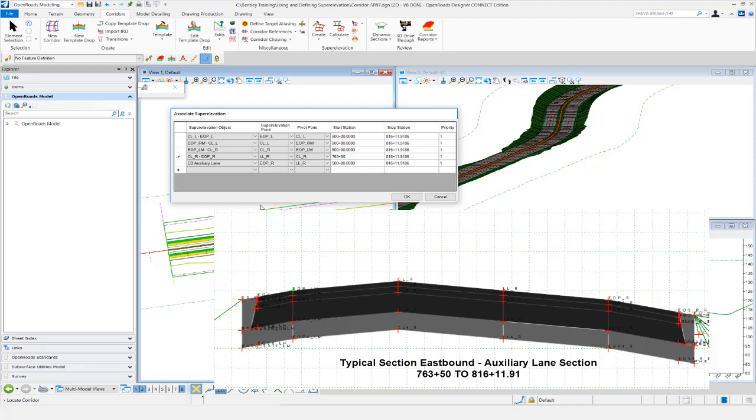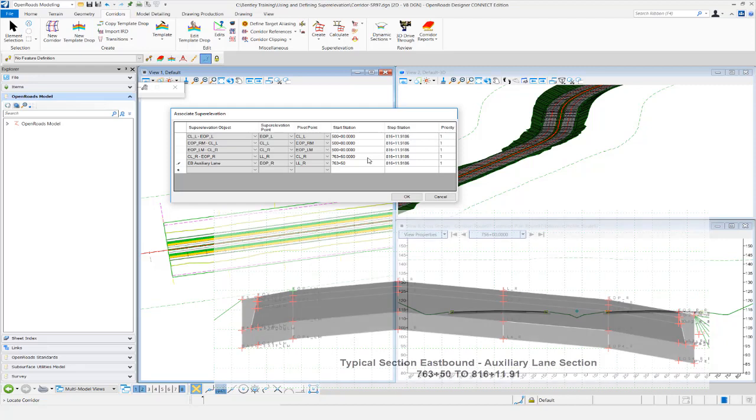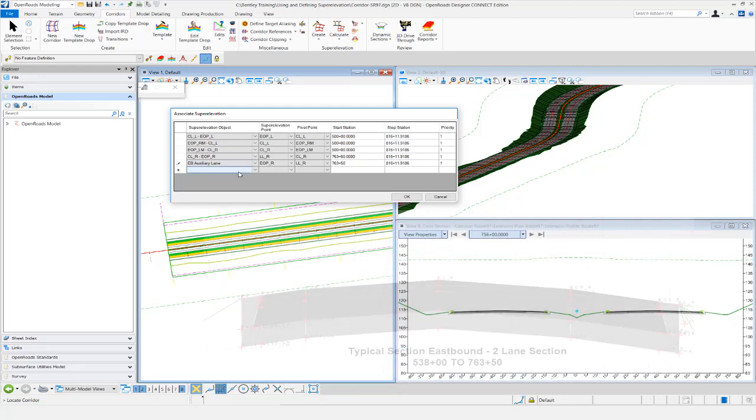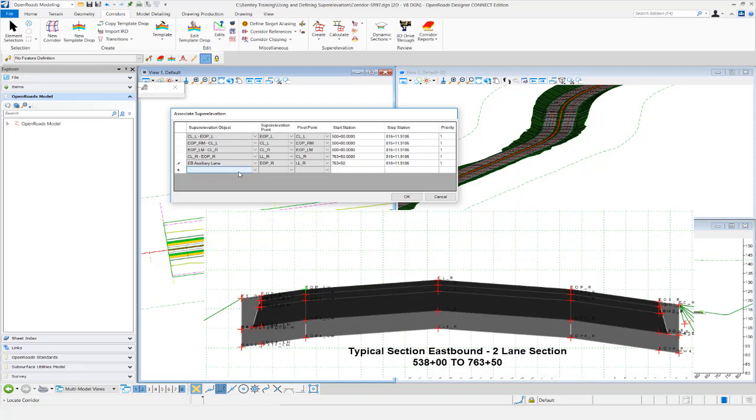And then the start station for our auxiliary lane is going to be 763 plus 50, because if you recall, we created the auxiliary lane starting at 763 plus 50. So we're just making some adjustments here to some of our point controls so that it controls the templates properly. Now we also want to create an additional superelevation point control for the beginning of the project up to where